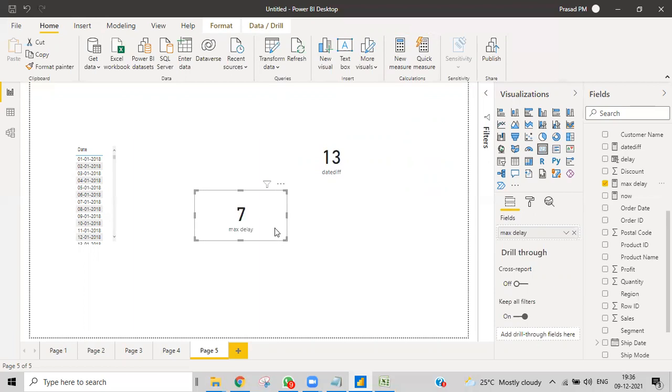So if the delay is more than whatever the maximum delay might be, obviously we came to know what the maximum delay is. And then what we want to do is, at least 50% of the maximum delay, then we'll give them a 10% discount.